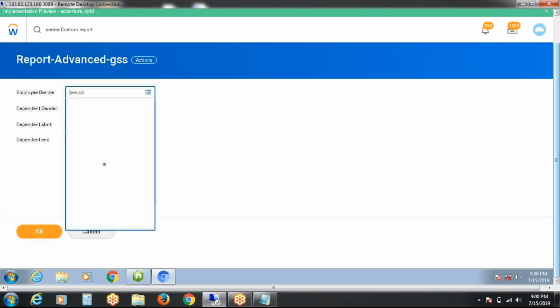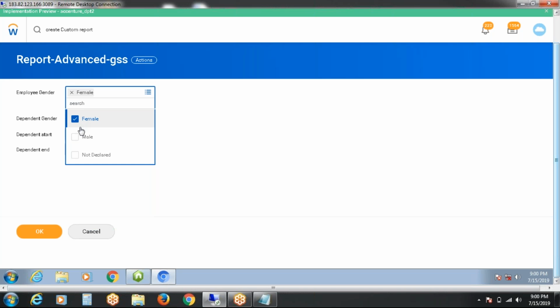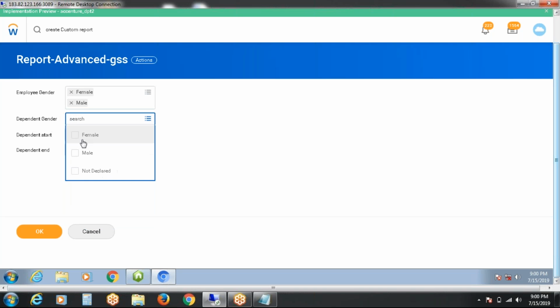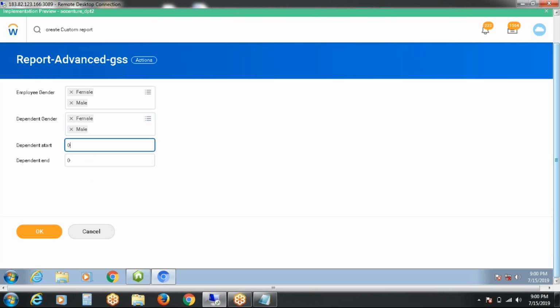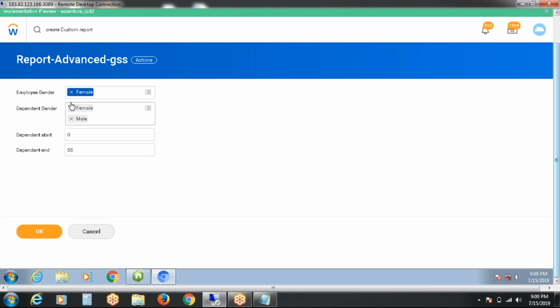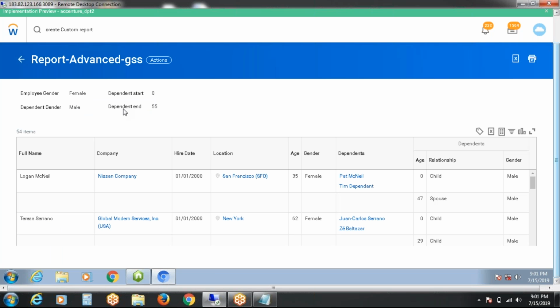Now I would like to see male and female gender with male and female dependents, age of 0 to 55 as per the task. I would like to run the report accordingly. By that, I will complete my task here.